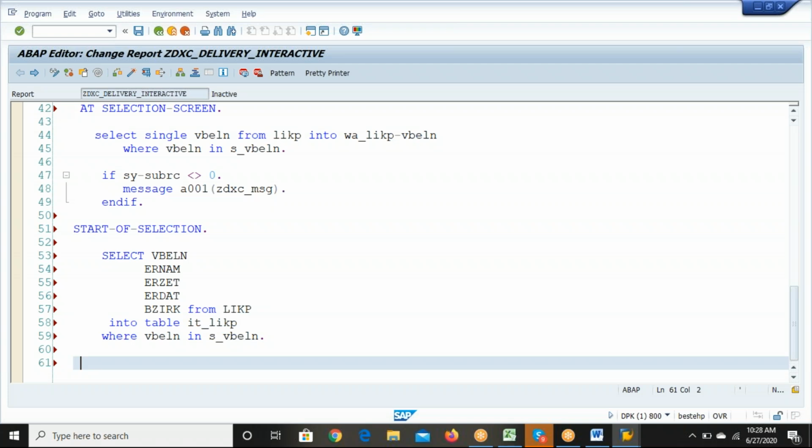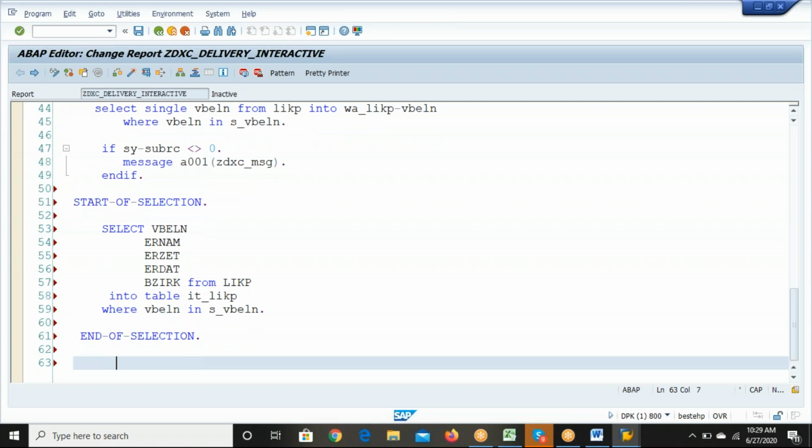Okay, so this is the select statement for the first screen. Now we'll write end of selection. End of selection will give you only the output statements as we discussed earlier. It's not mandatory. I mean, end of selection, sorry, not end of page, end of selection. So end of selection, what we'll write is